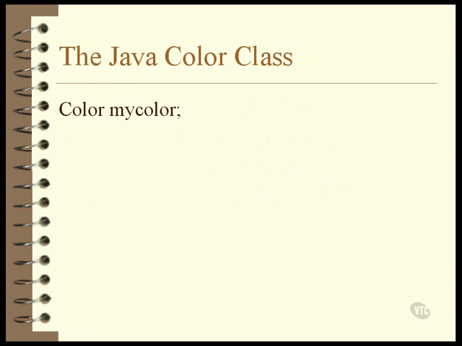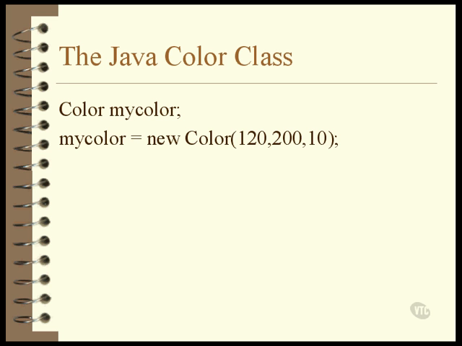Just like any other object, to create a color object, you first need to declare a reference to hold its address, which you can do on the same statement you used to create the color, or you can do it ahead of time, like the line of code shown here. You have some choices. There's more than one way to create a color object. To create a new custom color, you can pass it the three RGB values, as we have done in the